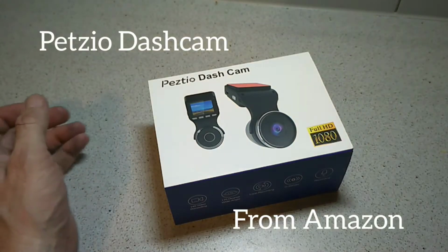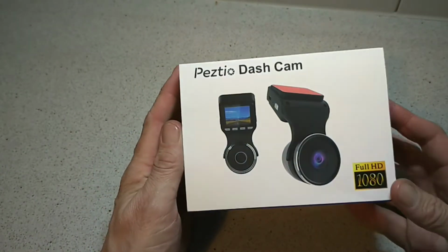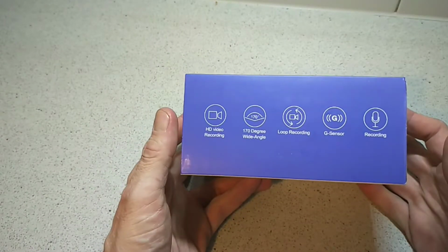Hello, this is Jim from Tech Buzz, and we've got a new dashcam in from Amazon called the Peztio dashcam, which is full 1080p. We have HD video recording, 170 degree wide angle, loop recording, G sensor, and recording